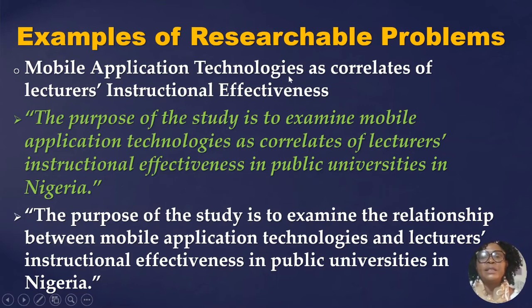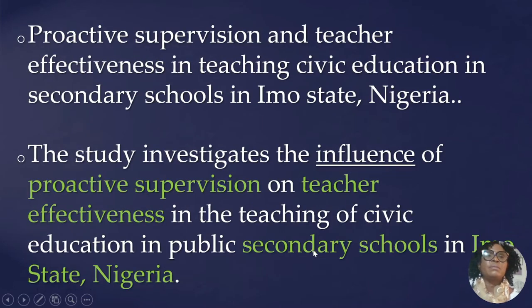not indicated. There are some titles that will have all this incomplete, but because we are conscious of making sure that the number of words that are supposed to form the title are not exceeded, we can control the wordings in the title. But in the purpose, you have to bring out those things illustrated for it to be acceptable. Then if you look at here again, we also have the public universities, have Nigeria. So the location of the study is shown.